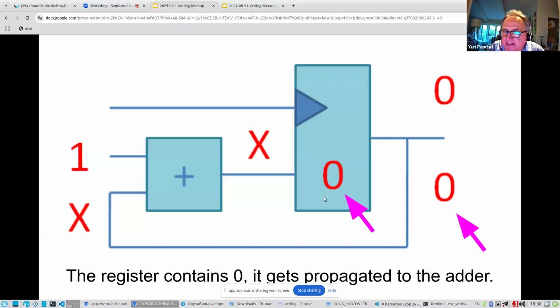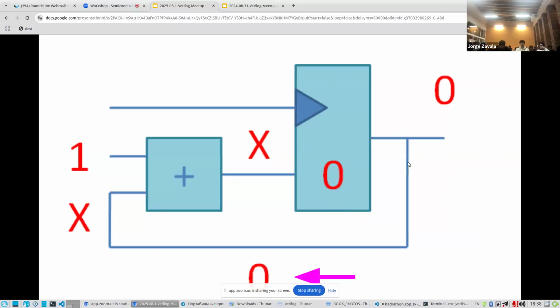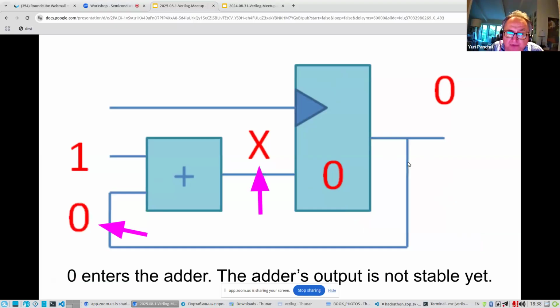Now we connect these two D flip-flops, which we call a register, to this adder. So now 0 is coming from this register and is propagated to the input of the adder.